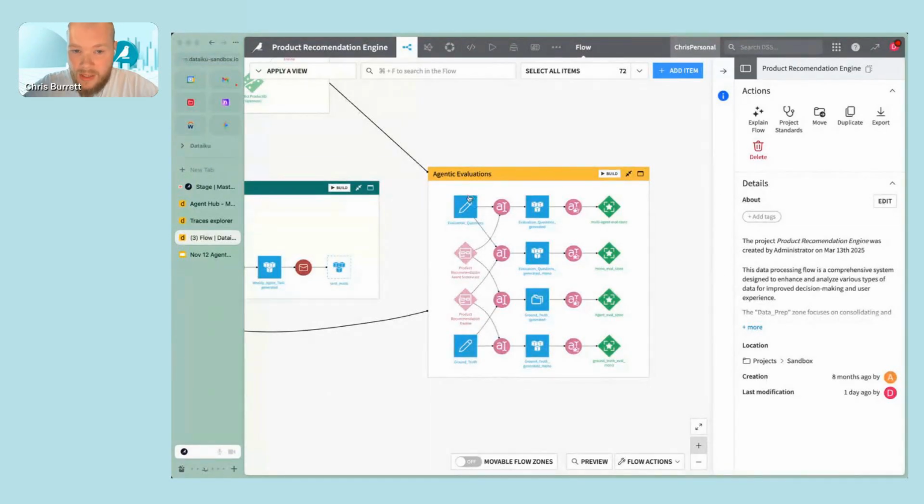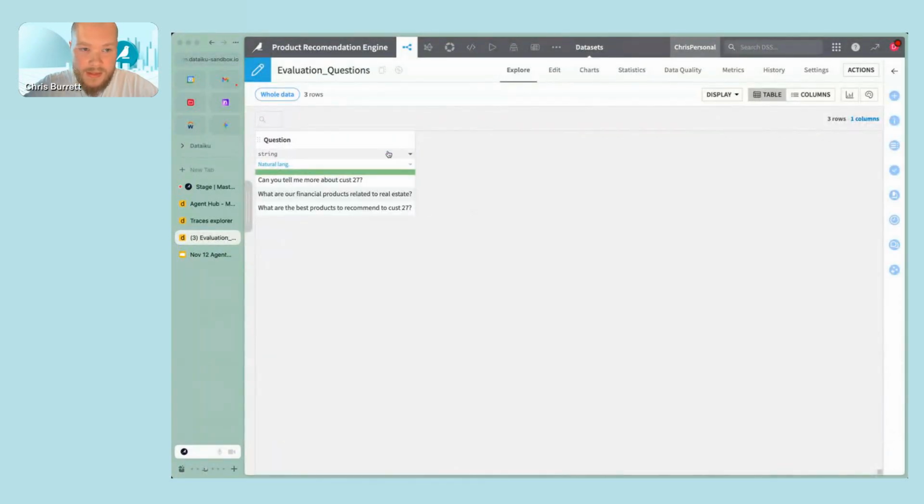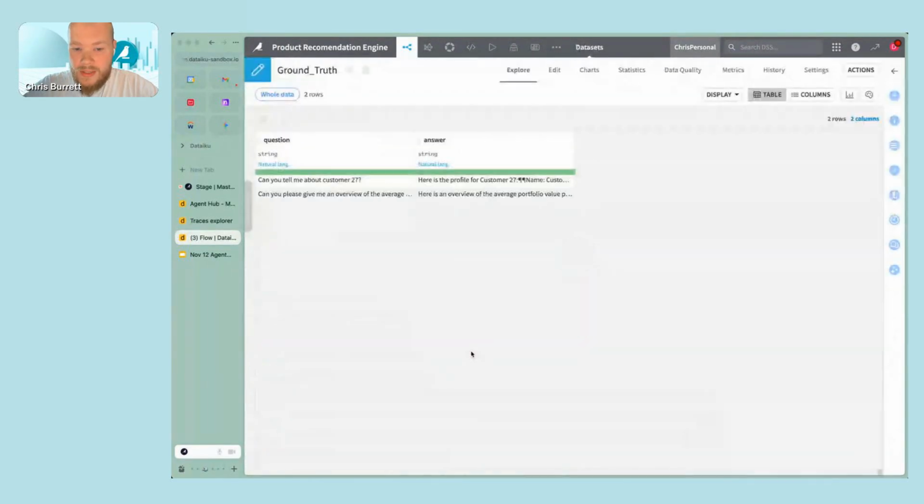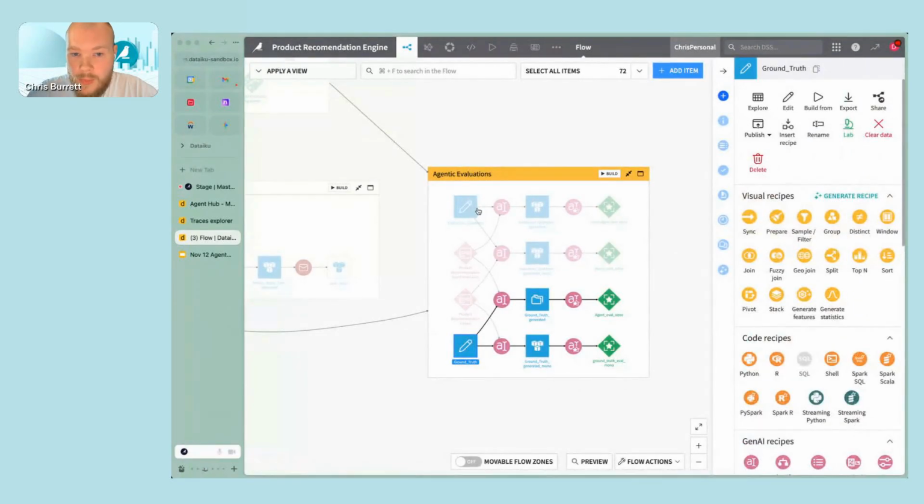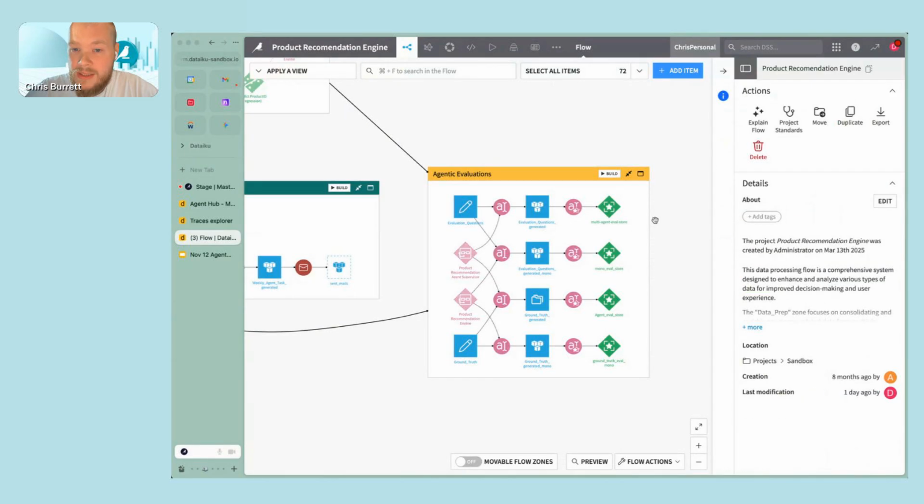Here you can see I've got my evaluation question dataset with 3 evaluation questions, and I've also got a ground truth dataset. Ground truth is really important where you're working with SMEs to say, hey, if I were to ask you this question as a subject matter expert, what would in fact be your answer? So we can start benchmarking our agent versus SMEs to see how well it's performing. For ones where we don't have ground truth, we can use LLM as a judge techniques, where the LLM becomes a judge and provides us insight into how well it's actually performing.